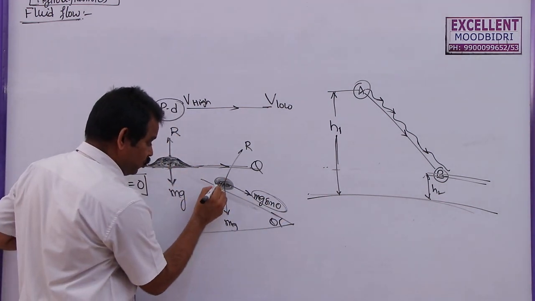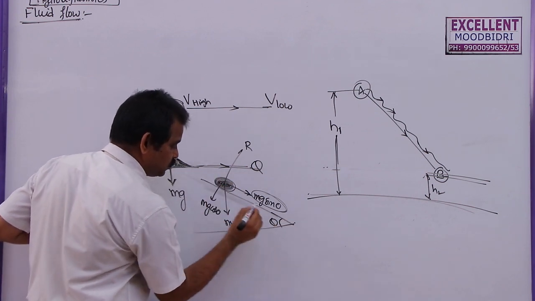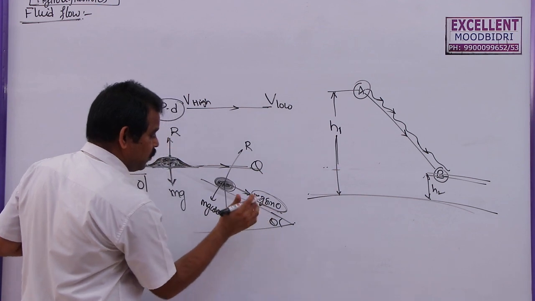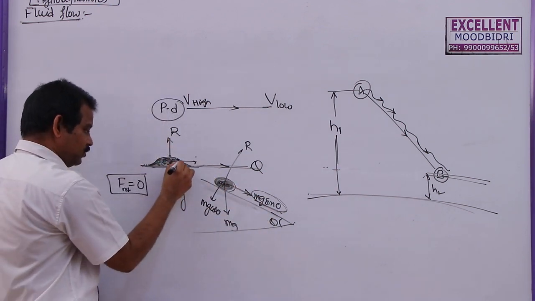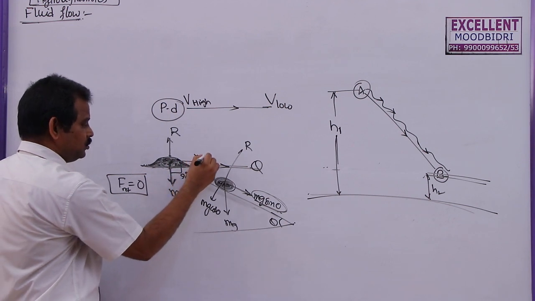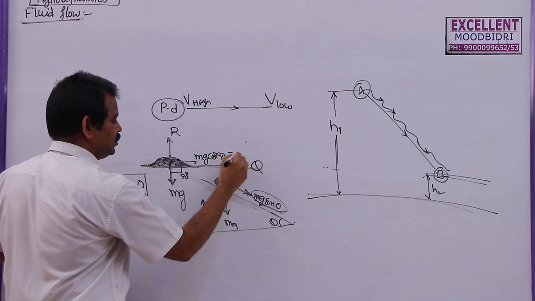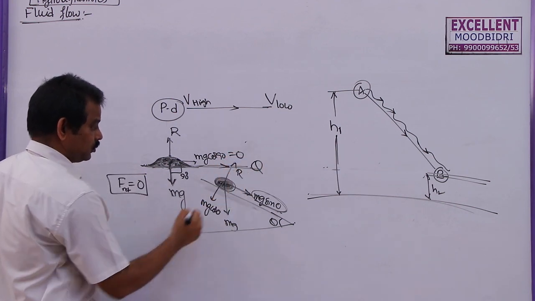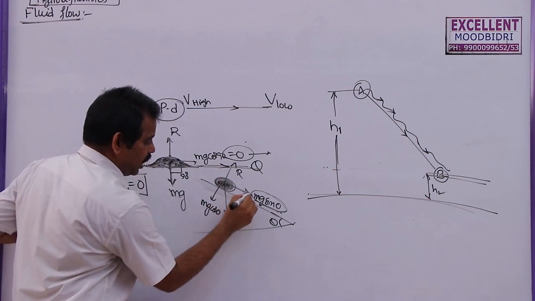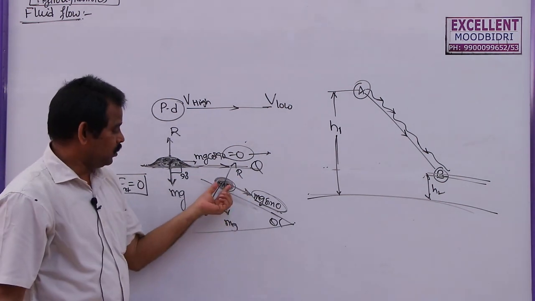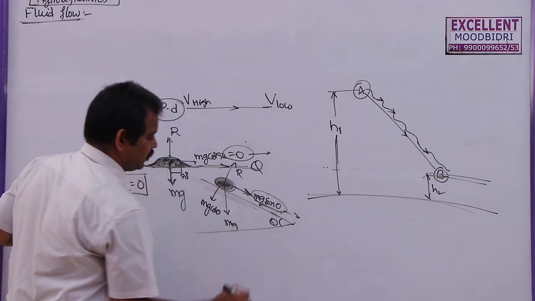Here this water drop will flow from this point to this point because of this force, whereas this force here is 0. Why? Because if it is mg, this angle is 90, so this is mg cos 90. Cos 90 is 0, that's why this will be 0. So there is no driving force in the horizontal direction, but here there is a driving force which is the component of the weight of this water drop only. So that's why it travels along this direction.